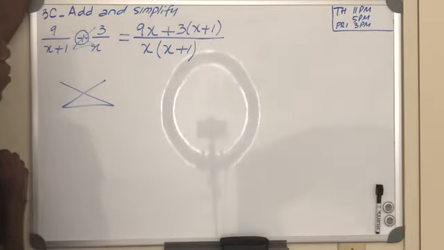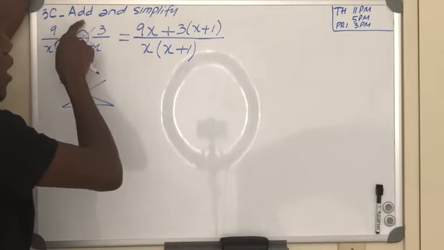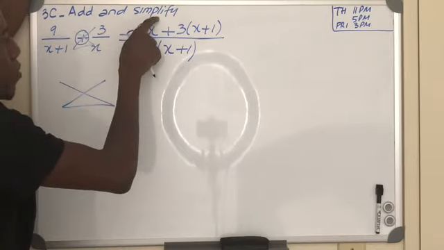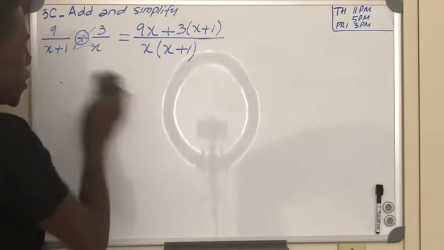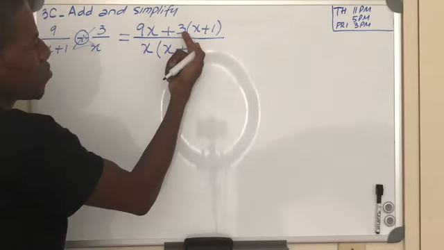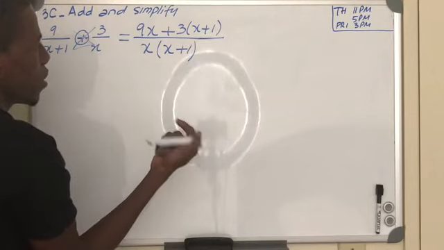It says add and simplify. I already added right here. I'm done with adding. Now I need to simplify it, make it look nicer. What can I do with this? I can multiply by 3, multiply by 1. So I have